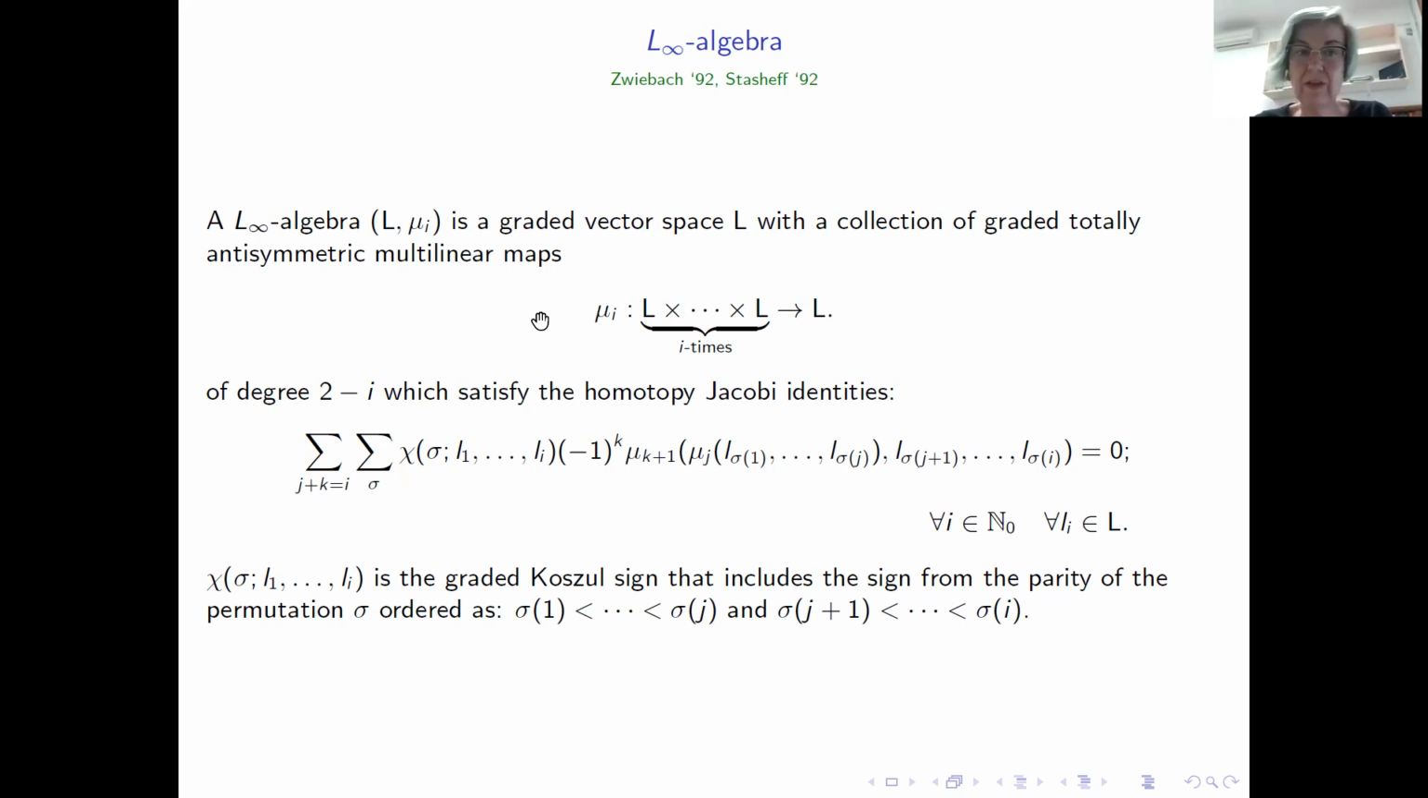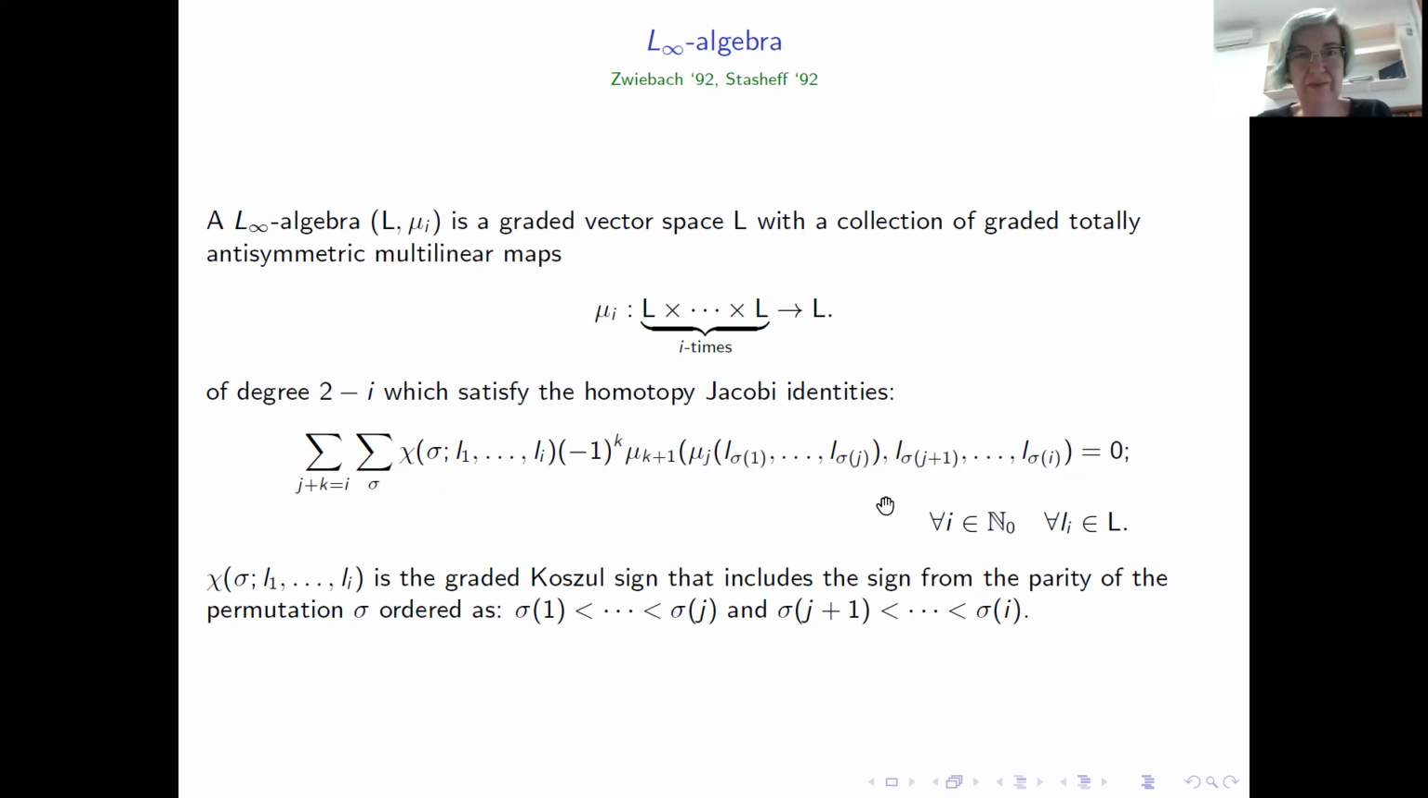In my conventions, the maps mu_i have degree 2 minus i, and these maps satisfy the homotopy Jacobi identity given by this relation. You have here two nested maps of a certain number of elements of your graded spaces. Sigma of the index are just permutations, and these things in front are just a bunch of signs, which depend on your graded space where your elements live, in which particular grading they have, and in general, very much on your